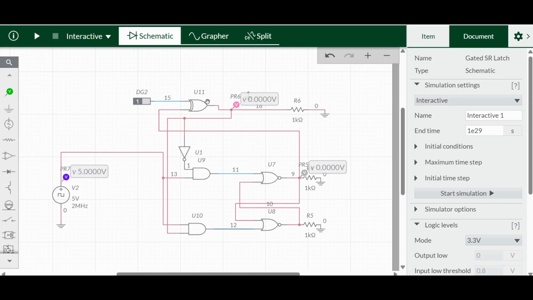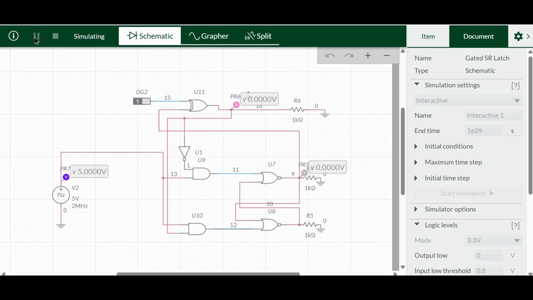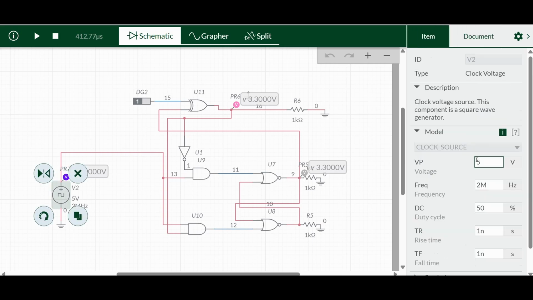So if you want the same thing in simulation format, the gated SR latch, so this is the simulation of the gated SR latch. The same thing, the XOR gate only. So if you want, I am giving that in the description box, check it out. So if I run this circuit, you can see over there what is the input in the XOR gate and the output NOR gate. The inputs for the NOR gate are changing very fast.